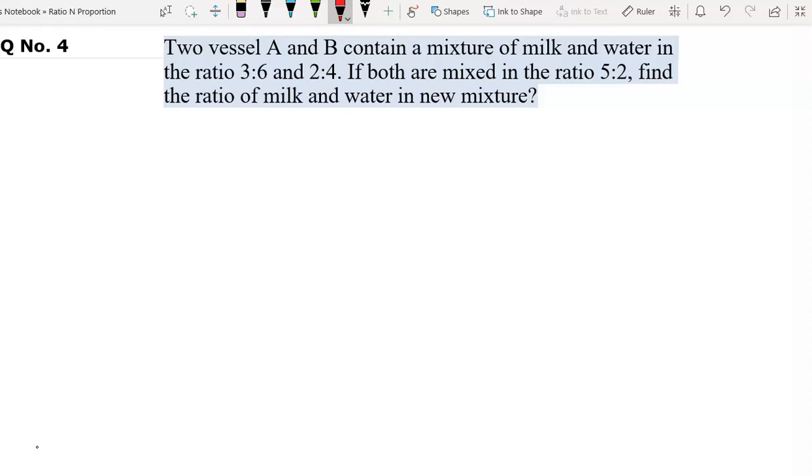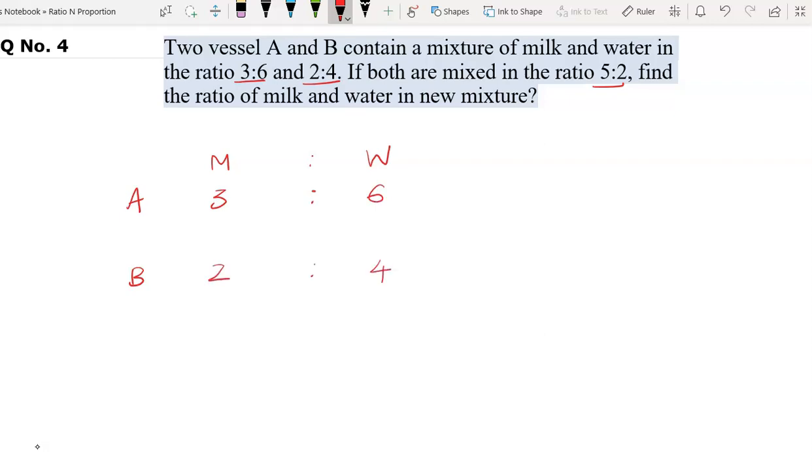Question number 4. Two vessels A and B contain a mixture of milk and water in the ratio 3:6 and 2:4. If both are mixed in the ratio 5:2, find the ratio of milk and water in the new mixture. So in this question we have two vessels, A and B. In vessel A, milk and water is in the ratio of 3:6. And in the second vessel B, milk and water is in the ratio